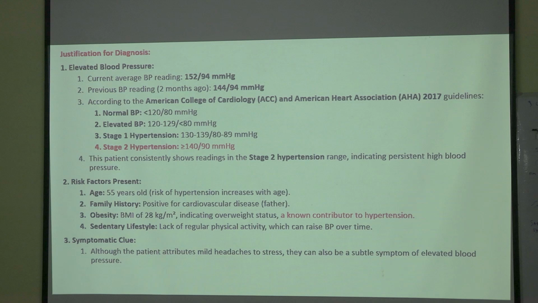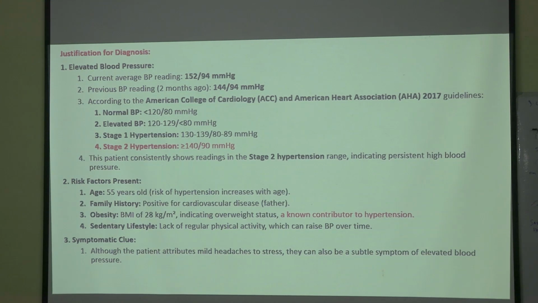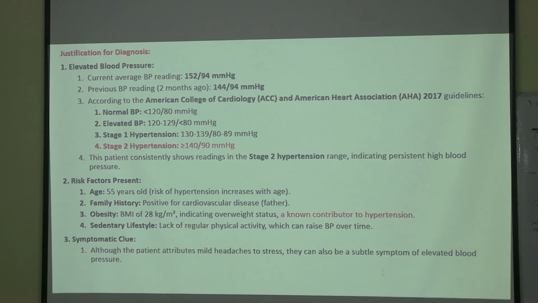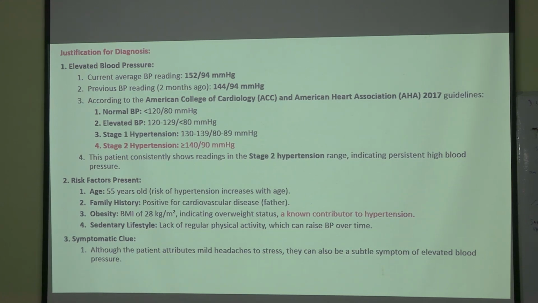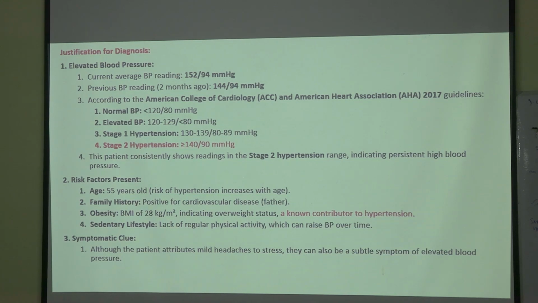Here it is elevated blood pressure. But for stage 1 hypertension, according to the reference standard given by AHA, it is around 130 to 139 systolic and 80 to 89 diastolic. Now, in our case, it was recorded